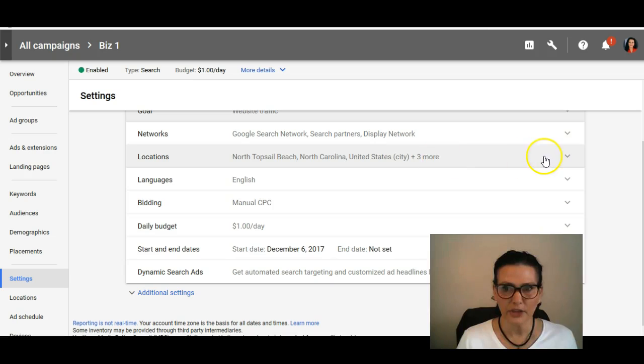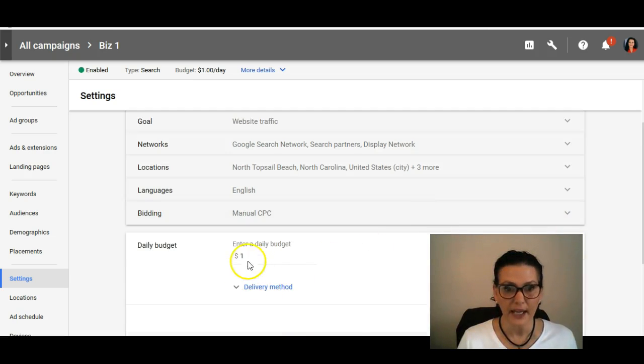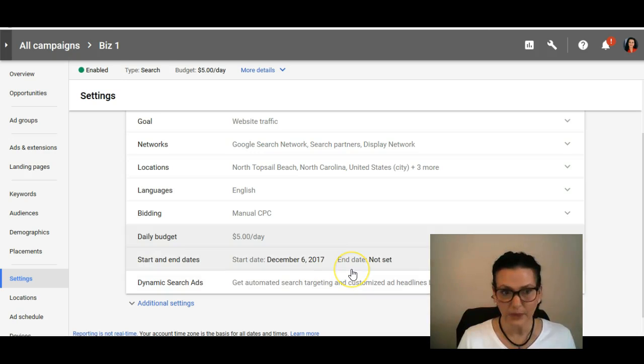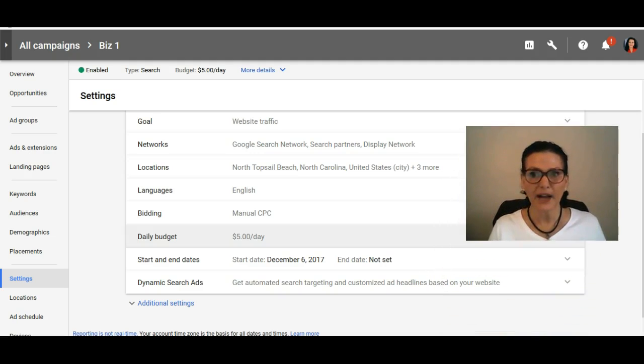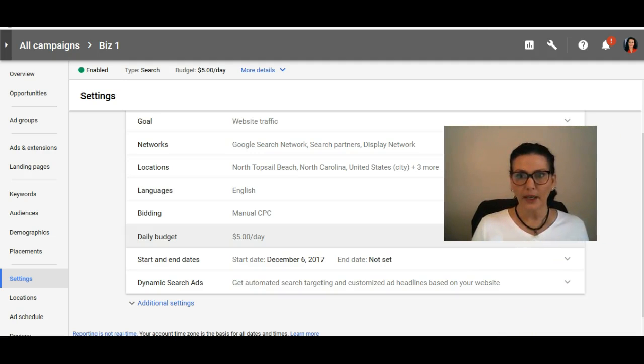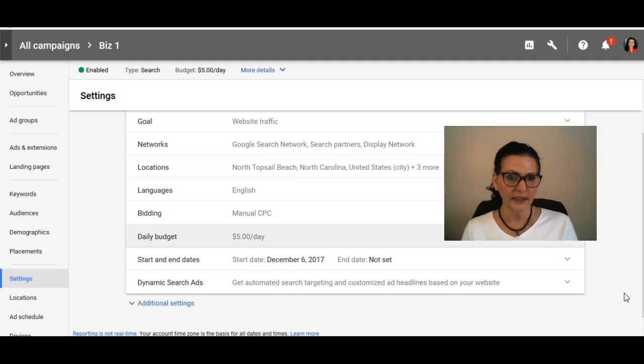We've got our locations. Again, you can come in and change the daily budget. If you wanted to say, you know what, we're going to go big, we're going to do $5 a day. I mean, you know the math. You know the budget that you switched from. You know your budget that you want to spend. What did you take from the phone book, people? And what do you want to allocate as your marketing